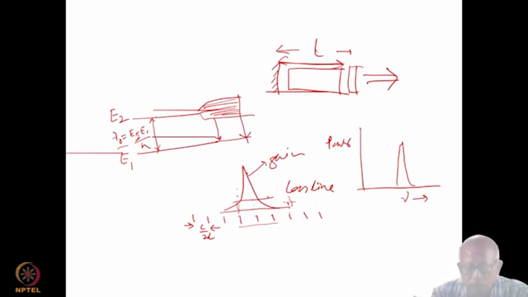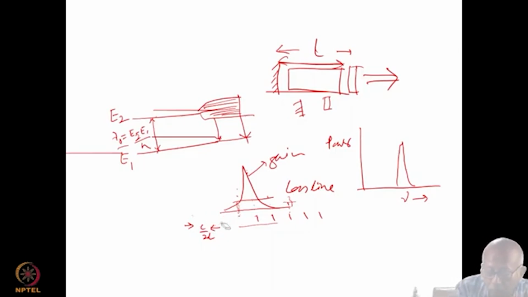The same also can be achieved simply by reducing the cavity length. For example, we bring the cavity mirrors closer. So if we bring the cavity mirrors closer, the free spectral region, that is the spacing between 2 adjacent cavity modes, which is inversely proportional to the cavity length, will move away from each other, and therefore once again providing a situation wherein only